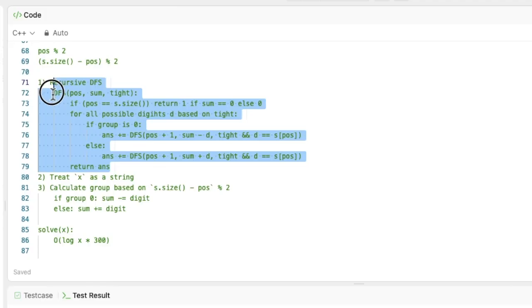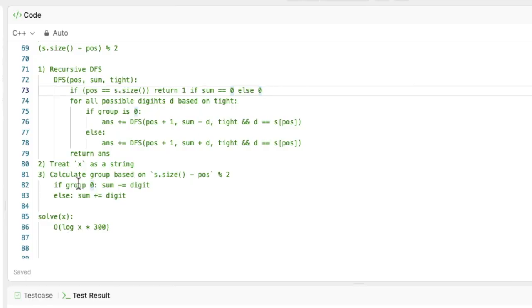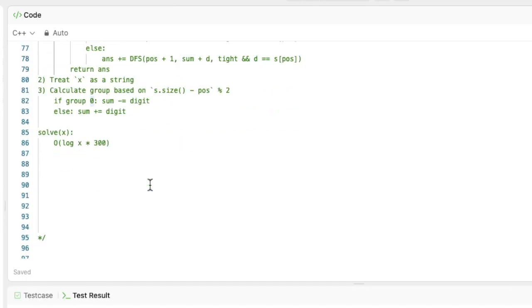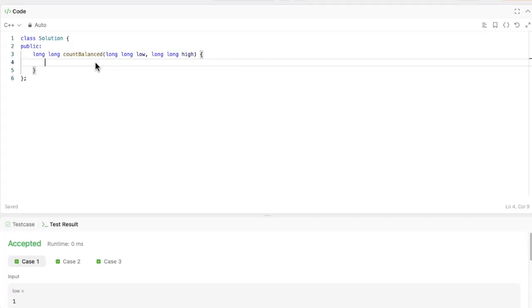But you get the idea, and we will try to implement that later in code, and you can see how we can actually improve that to iterative DP as well. Yeah, but that's pretty much all for the intuition for this problem. Let's think about how we can actually implement that. Okay, so let's get started. As we discussed before, instead of calculating the range between low and high, we're going to do the following. We're going to return solve high minus solve